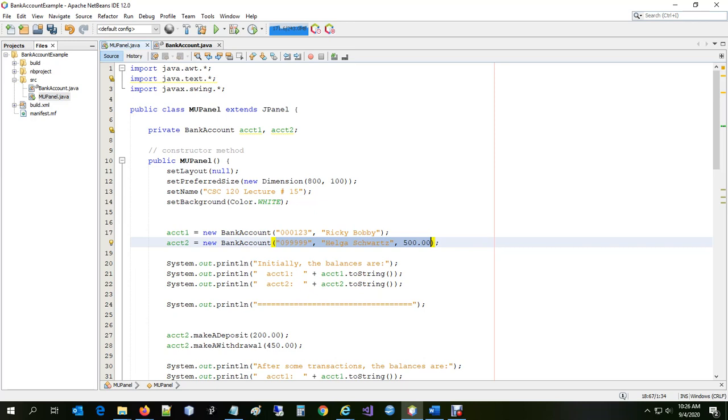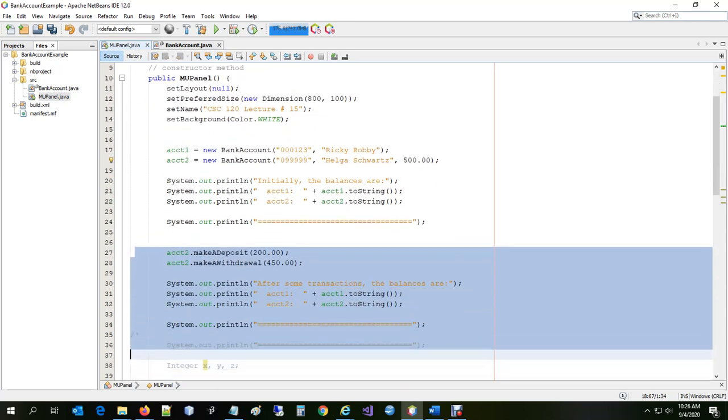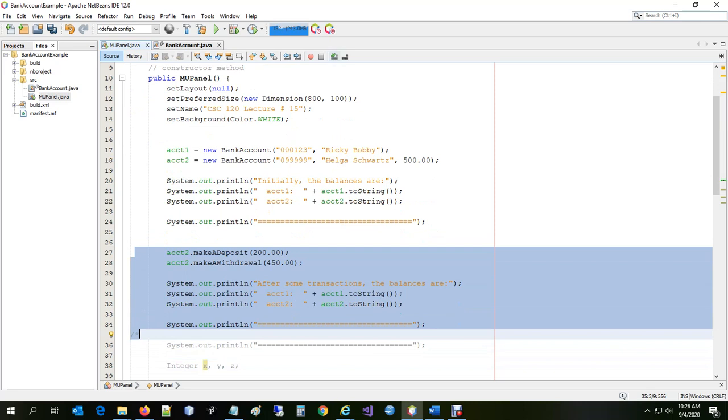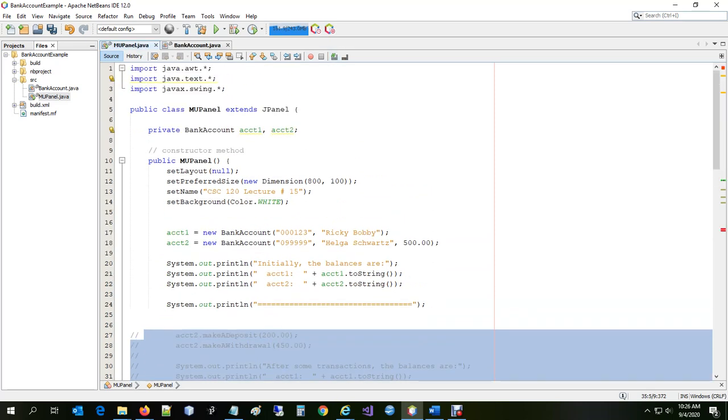Okay, so let me make that a comment so that we don't. Okay, so after I make those two accounts, call the constructor, then I'm going to have some System.out.printlns. Initially the balances are, and then for account 1 and account 2, I'm going to print the toString. Okay, so if I run the program,